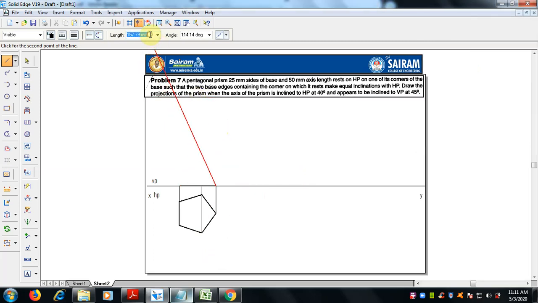So select 50 mm here, 50, enter, at an angle of 90 degrees. So 90 degrees done. For the remaining we need not give values, just use the alignment indicator. So this is the left edge, and this is the corner, and this also is visible.